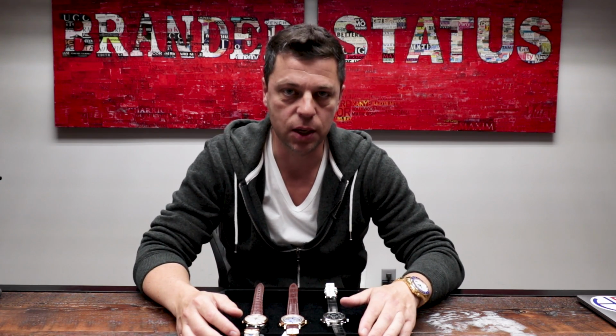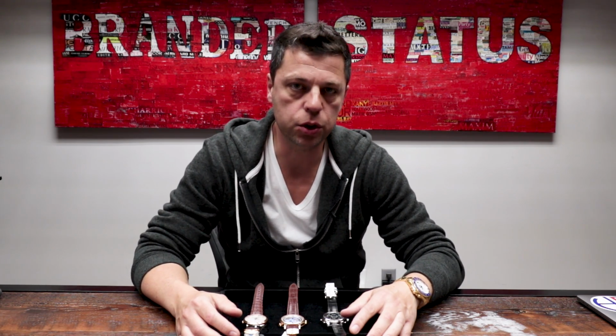In conclusion, I just want to say that dress watches have come a long way in terms of size. If you think about it, it all started there. Guys like Blancpain and Breguet have been around for hundreds of years. Most of them started out making pocket watches, which were huge. Then slowly but surely, these horological wonders made it into being wristwatches, and they kept getting smaller and smaller in size. And about 10 to 15 years ago is when